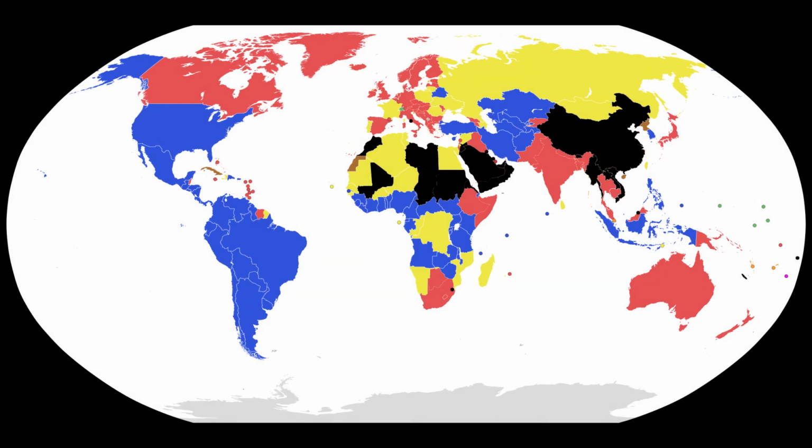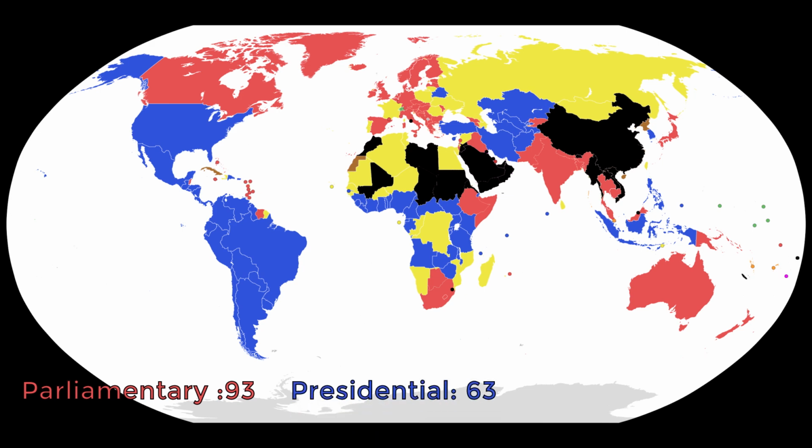Currently, the parliamentary system is the most prevalent worldwide, being adopted by 93 countries. Presidential systems are less common, with 63 countries employing this form of governance. Additionally, there are 31 countries that operate under the semi-presidential system, which combines elements from both presidential and parliamentary systems. It is important to note that these numbers may vary in other reports, as the categorization of governing systems is not always straightforward in the real world. In some cases, there may be a lack of consensus when categorizing a country's governance under these systems.